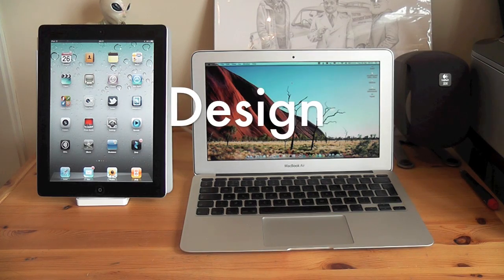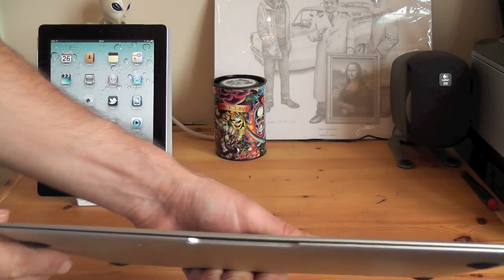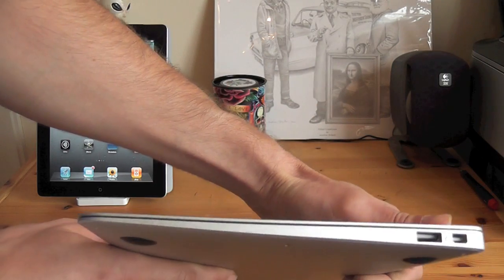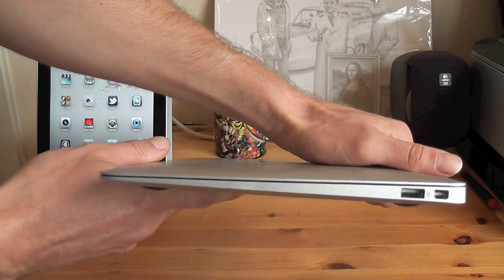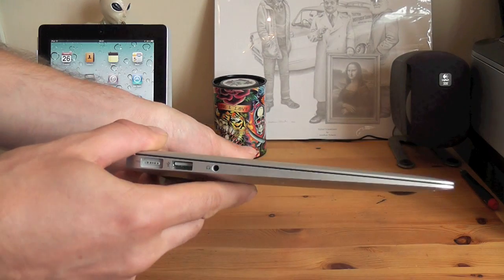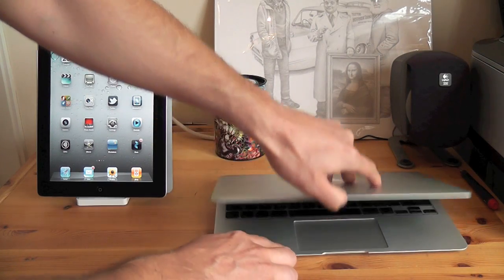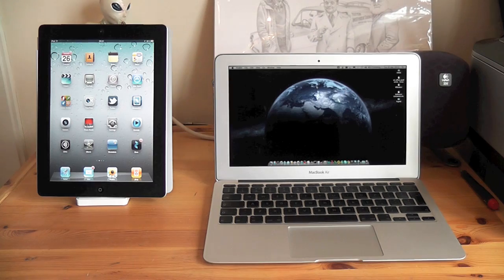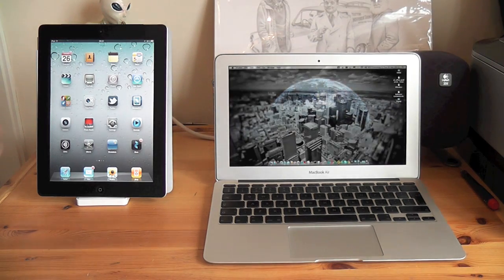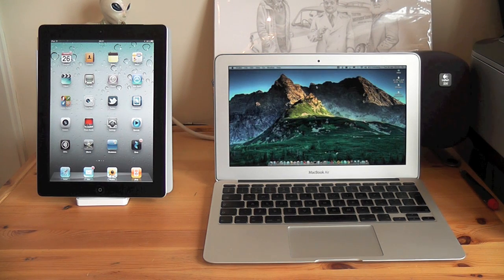Now, onto the design. Both of these devices are extremely beautiful devices. They've got an amazing design to them. The MacBook Air is just a stunning laptop to look at. It's completely revolutionary. There's nothing else like this whatsoever, and it's just a fantastic looking laptop. The iPad 2, again, absolutely fantastic design. Nothing else can come that close to it in terms of the overall package, but I don't think it's quite